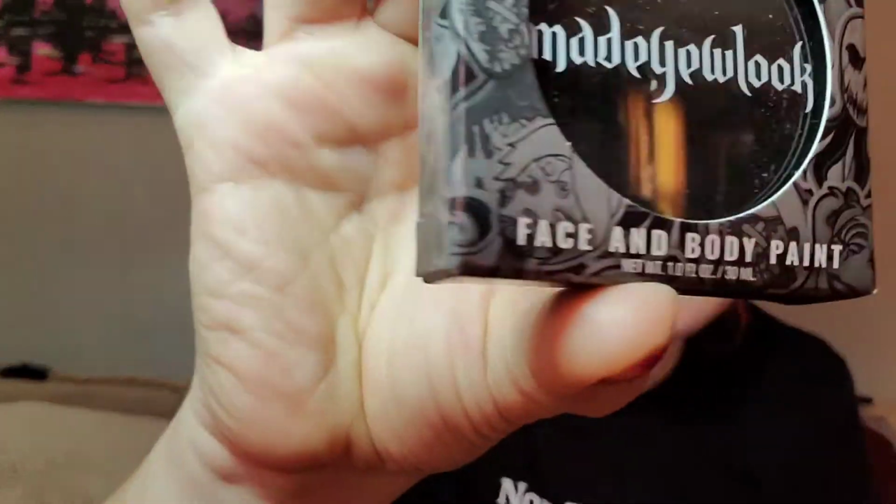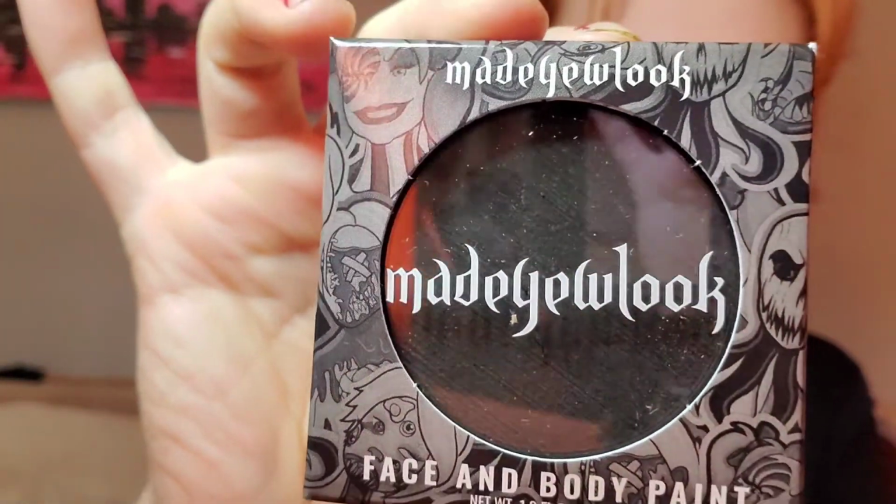Alright, so the packaging is dope. It looks like little cutout stickers of some of her past makeups, which I love. Alright. Ingredients: glycerin, talc, water, alcohol, nothing super crazy. I like that glycerin is one of the first ingredients. That means that it's going to be a super soft,